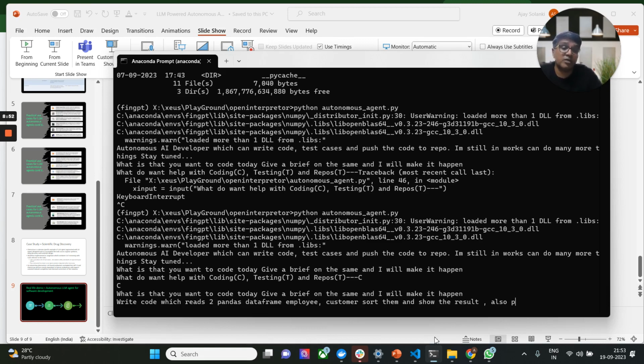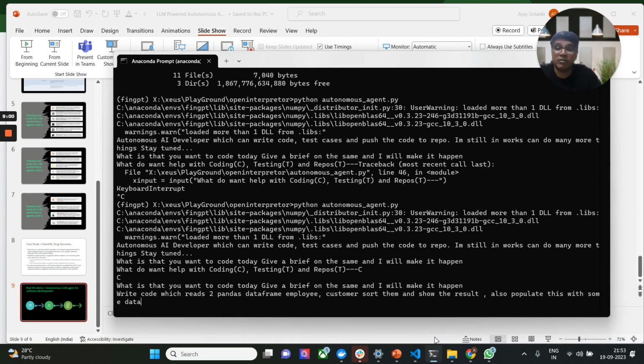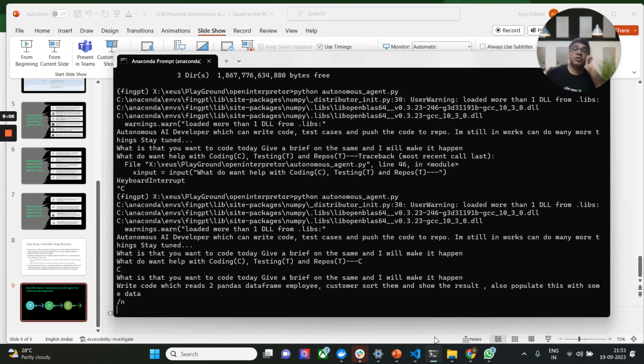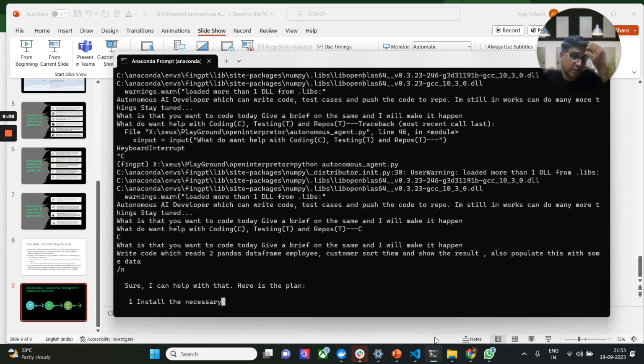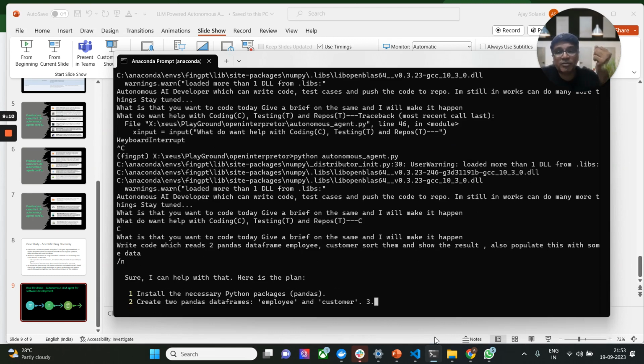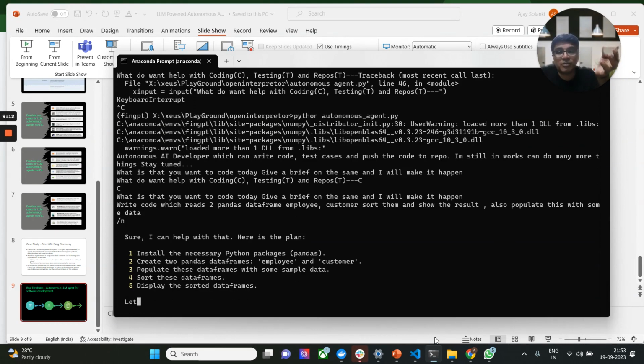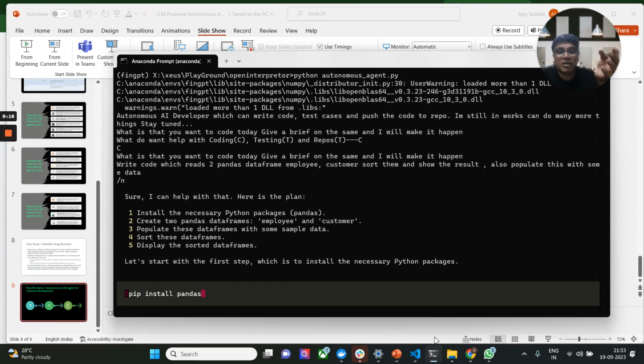Also populate them with some data. So this is what I'm giving. Let's see. This is the coder piece. I'll talk in a minute about what tool I have used to bring all of that together. But this generally is going to use the tools to build out the specific code.